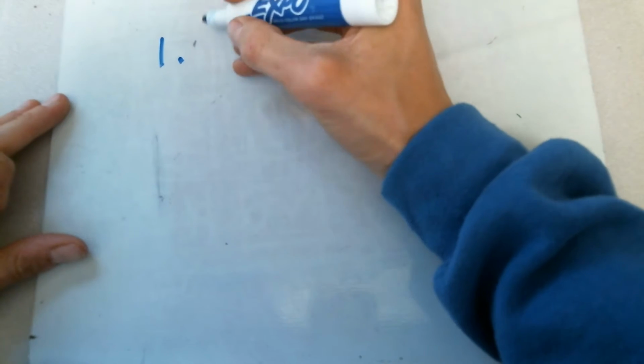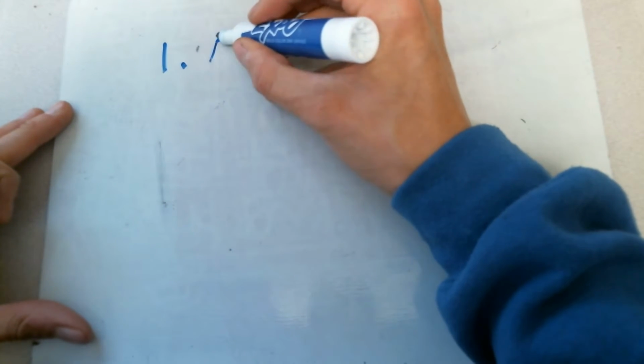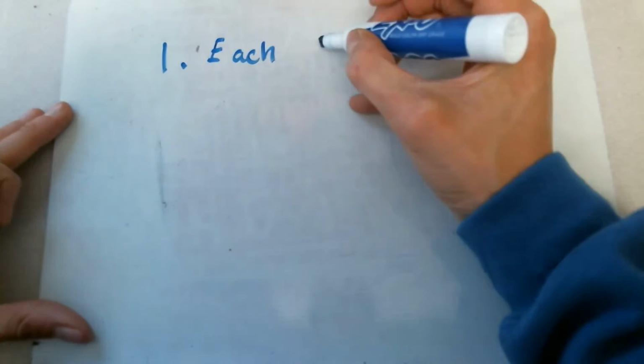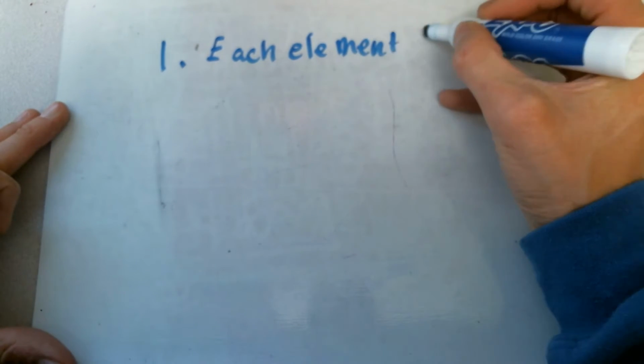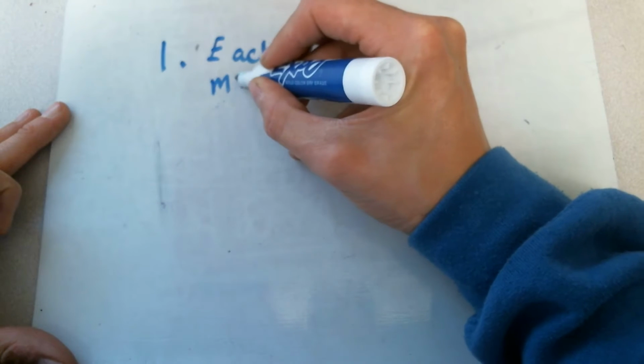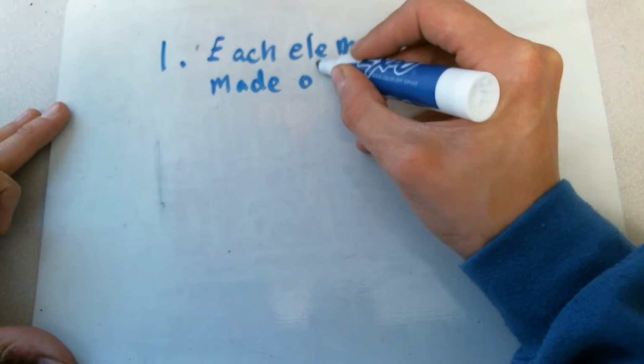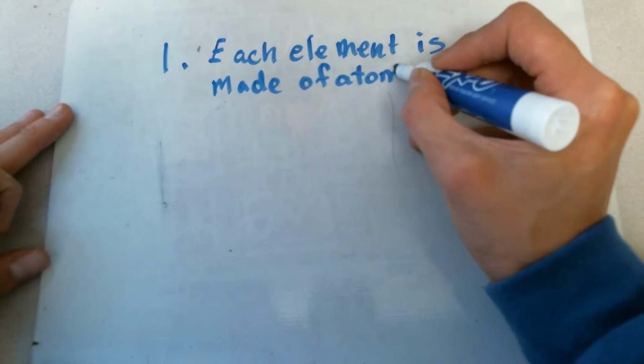So in 1808, a man named John Dalton put together something called the atomic theory. And the atomic theory had three parts. The first was that each element is made of atoms. The second part